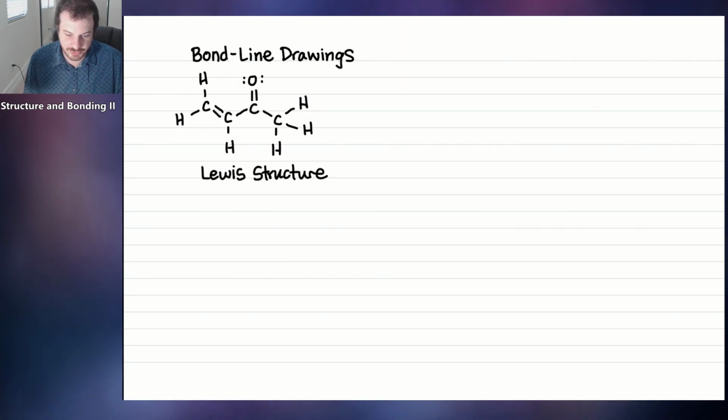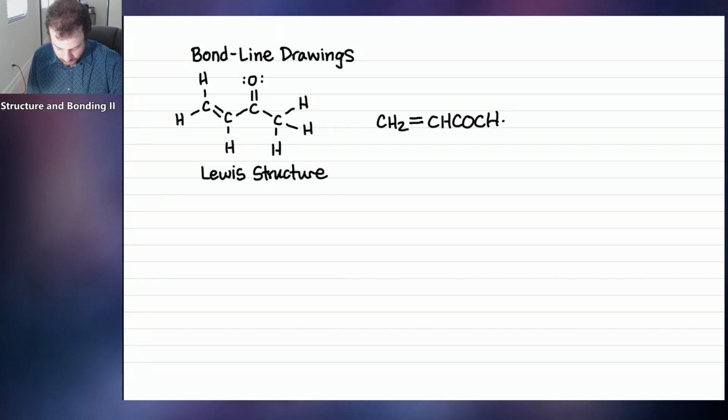So they came up with something else called the condensed structure. The condensed structure kind of came about around the same time the typewriter was used, because it is really convenient for typing out formulas on the computer. So this is the representation of the exact same molecule in a condensed structure form. Notice how it all fits on a single line. The double bond is represented by an equal sign, and you just slam all the atoms together, CHCOCH3, just to show how things are connected in order.